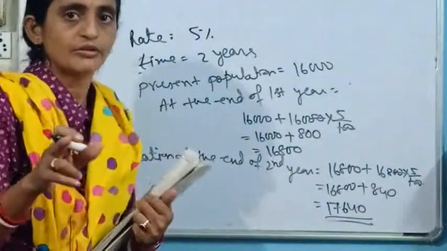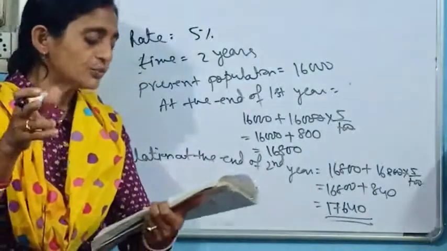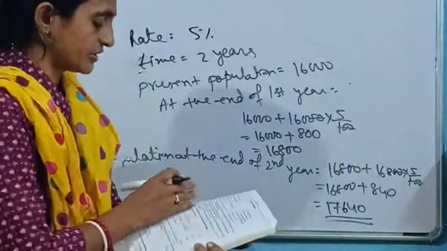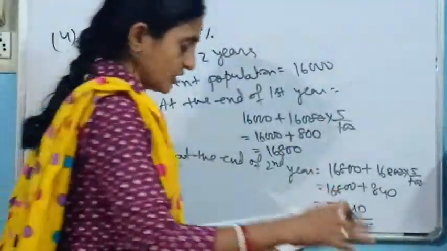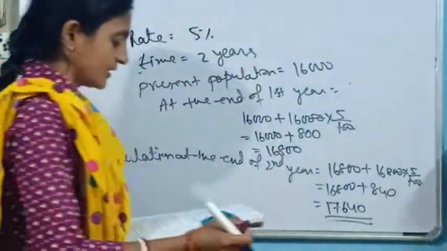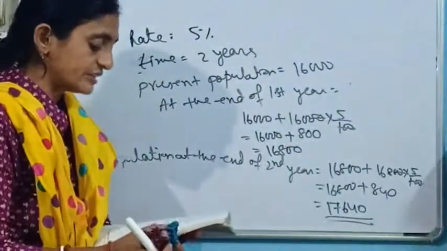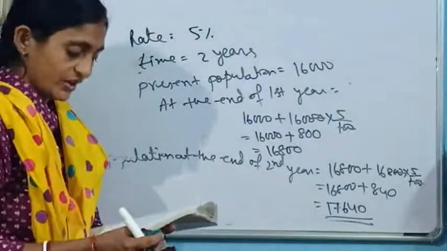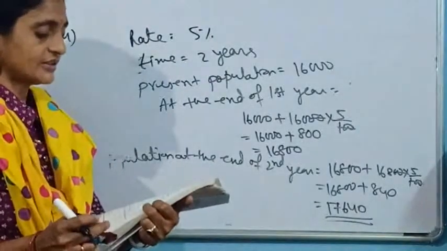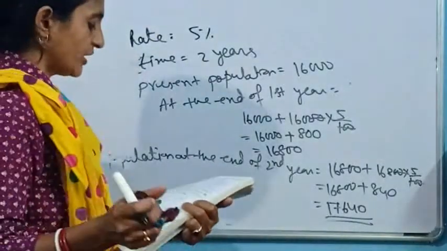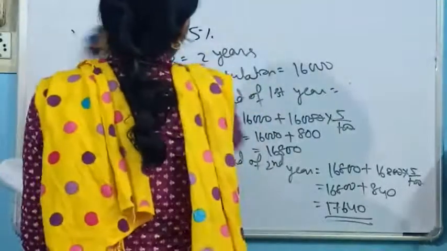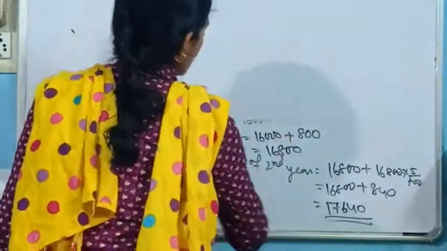I hope you people have understood this question. Yes. Come to the next one. One more question I have selected just next of this set. The question is something like that. The price of a tea set is increased by 5%. If the increased price is 441, what is the original price? Let's go for the solution of the next question.